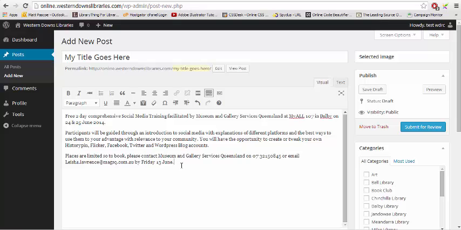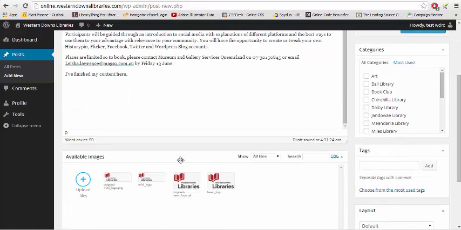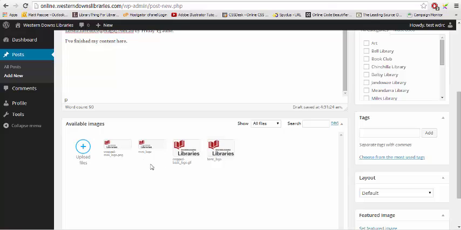Now, once you've finished typing in your content, the next thing to do is to add an image. So what we're going to do is bring an image into this text box, and the best way to do that first is you put the cursor back up the top, because that's where we're going to insert the picture, in at the very top. And then you go down to this box below where we were editing, the available images box, and then if you click upload files,